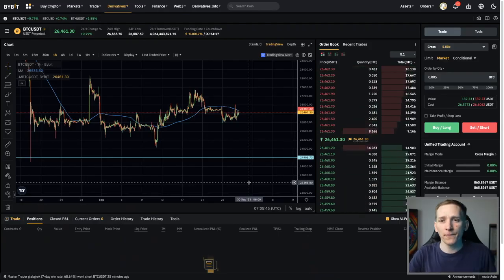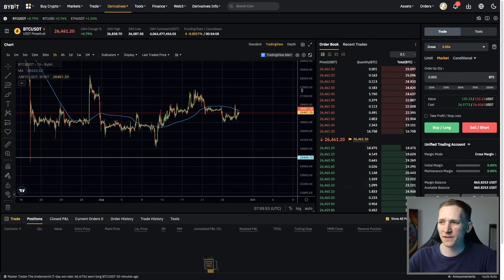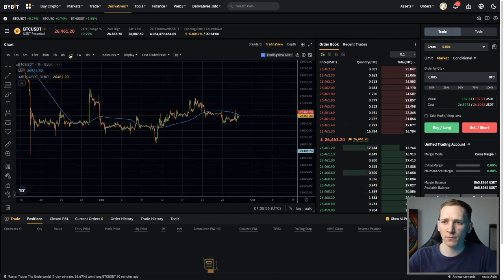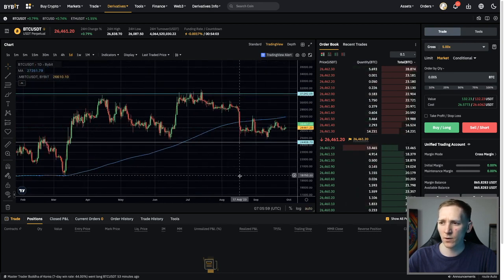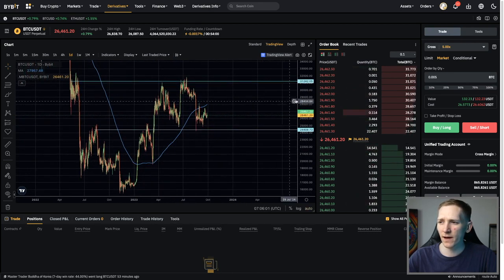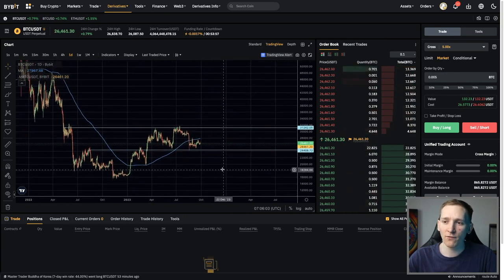Your own stop loss price is going to be set first via your technical analysis. So we do this first, and then we can work out how big our position can be and what our stop loss price will be, how much risk we want to take in the position. So the first thing is we need to figure out what our stop loss price would be. So I'm going to go out to the daily chart here, and then I'm just going to use some technical analysis. As you can see, we have, or at least I have, a support band right here